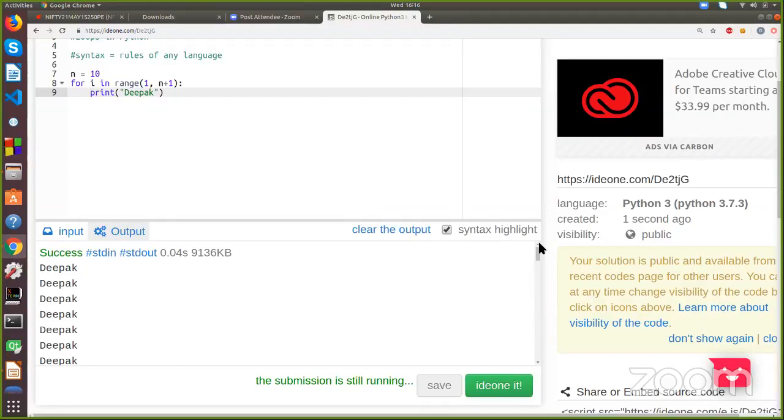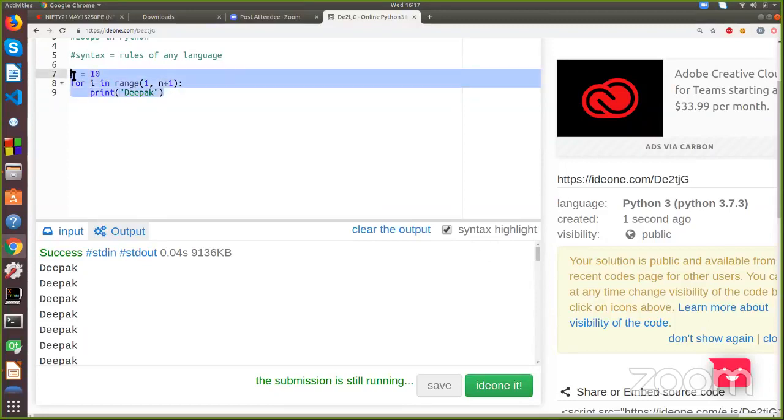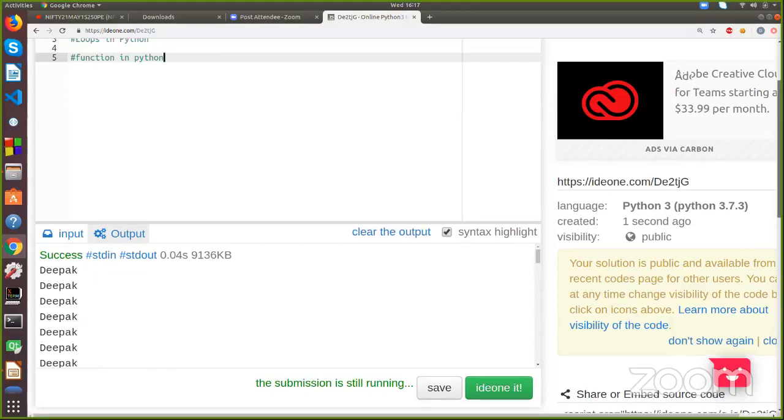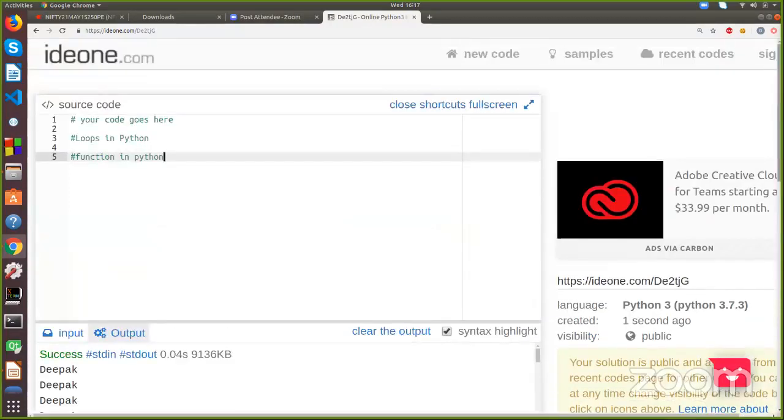Okay, I think for loop is now clear to everyone, and why we use loop, that's also clear to everyone. So now let's move forward with the next thing we saw yesterday. I think I should repeat once again how to define a function. Okay, so for those who have understood why we use function and how to use function in Python, can you let me know in the comments why we use function in Python?